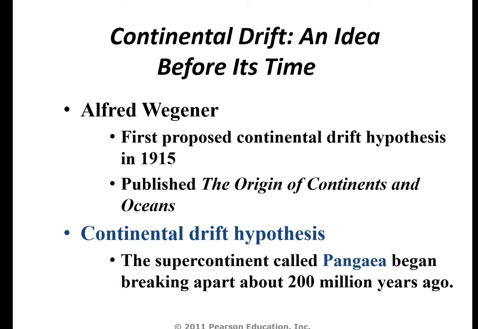So continental drift. This is something that came up before its time that was really ready for it. Kind of a revolutionary thought process about plate tectonics and how they work. The world wasn't really ready for it at the time. And so its proposal was Alfred Wegener, first proposed continental drift hypothesis in 1915, so almost 100 years ago. Published The Origin of Continents and Oceans. And he supposed that there was a megacontinent, supercontinent called Pangaea that began to break apart about 200 million years